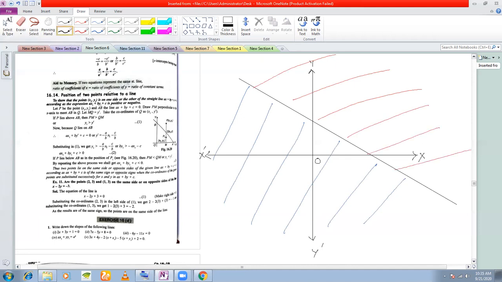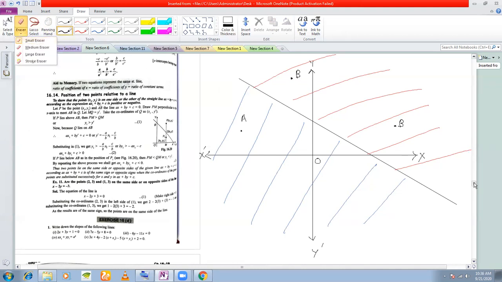I give you 2 points. What are the possibilities? These 2 points, say A and B, can either be on the same side of the straight line, or instead of being like this, they can be on the opposite sides of the straight line. They can be here also, or B can be here also. These are the only two possibilities, no other possibilities. So how do I check whether points are on the same side or on opposite sides of a straight line?